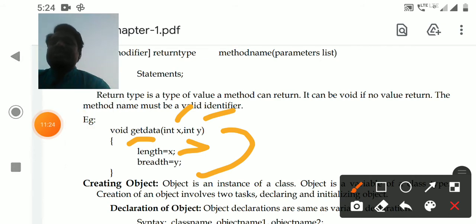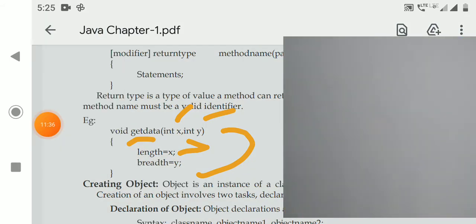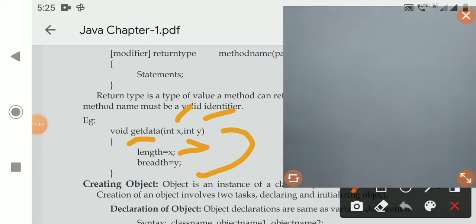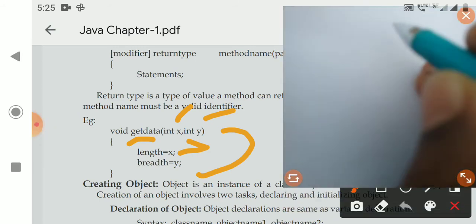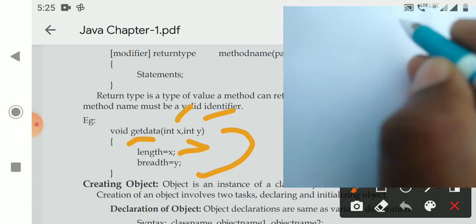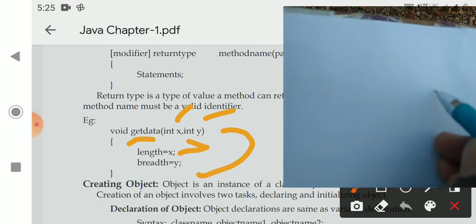So this is a class declaration. That means once we define the class, we have to declare the field declarations, and also we have to define the methods. Now you will see how the total class definition really looks. So first we have to give the class declaration. How do we give the class declaration?